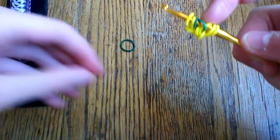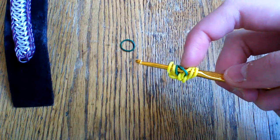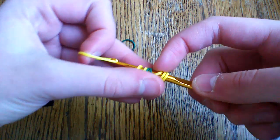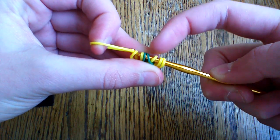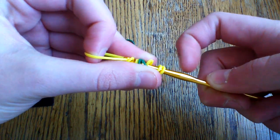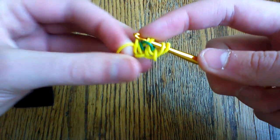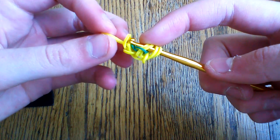It helps if you hold the yellow band just like this. You want to make sure that you do that. Then you're going to take your yellow band, you're going to pull through the first 4 loops, make sure that it is those first 2 yellow and then these 2 green. Oops. Going to pull through the first 4 loops, and then before you close, you're just going to lift this